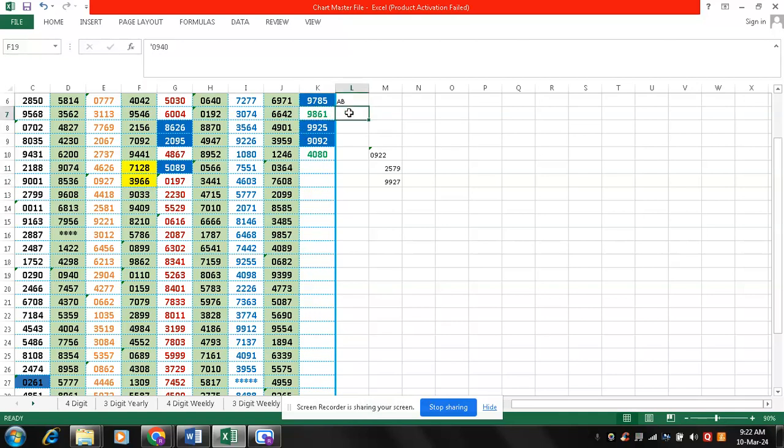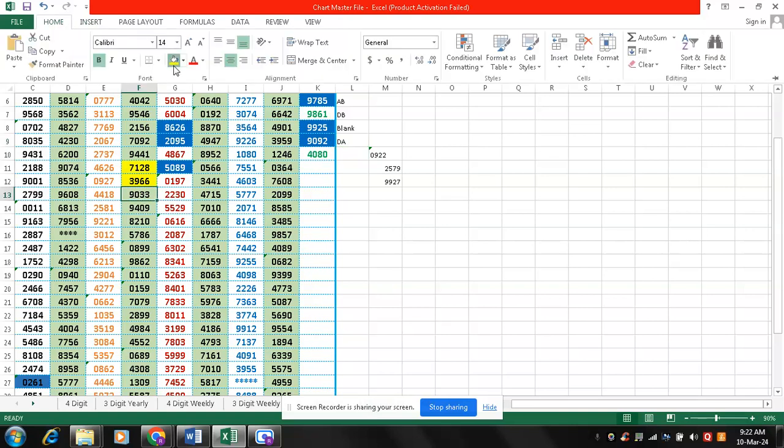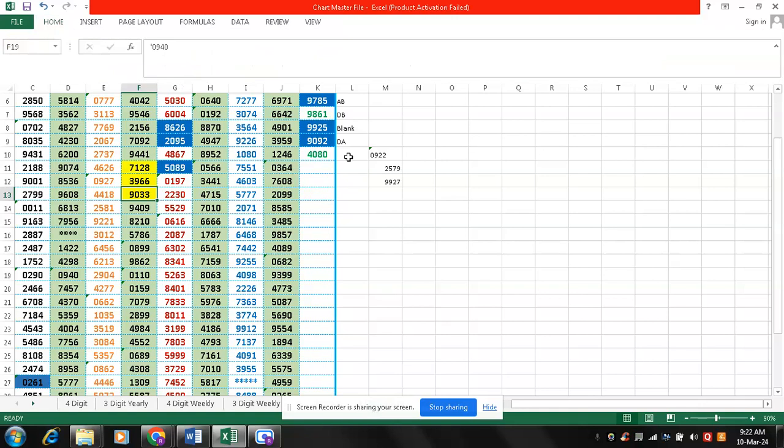So board DB, if you look at, I will leave this as blank. If you look at 90, then we have board DA. So if you look every day, there's a new board. So based on that, we can plan your game. Again, here you see board DA. So if you see D is common, A is common, and most likelihood of